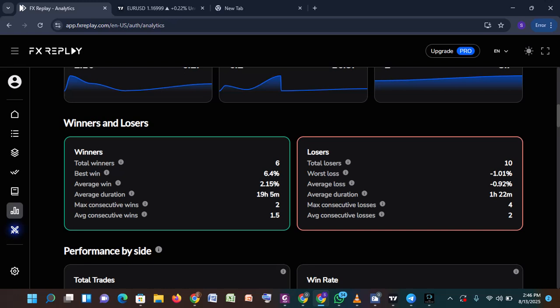So this means risk management is an important aspect that you must not skip as a forex trader if you want to be successful. Risk management is going to be your saver. It's going to be your compass. It's going to be your guidance, right? So don't ever try to ignore the risk management aspect.